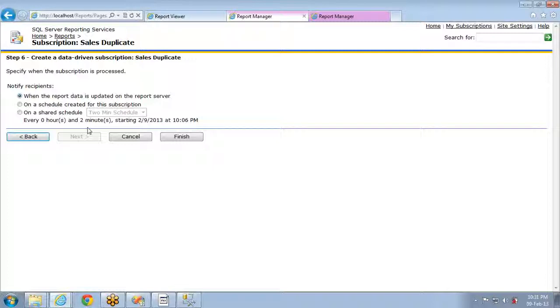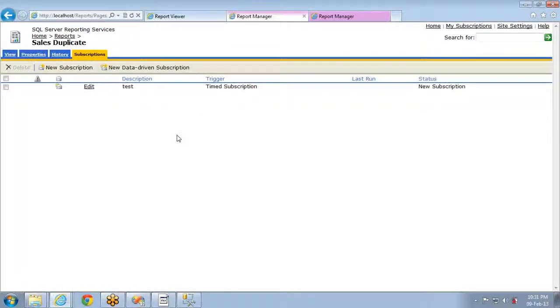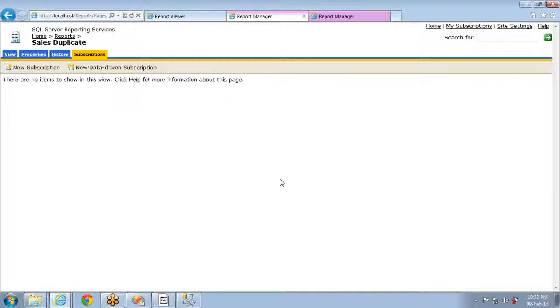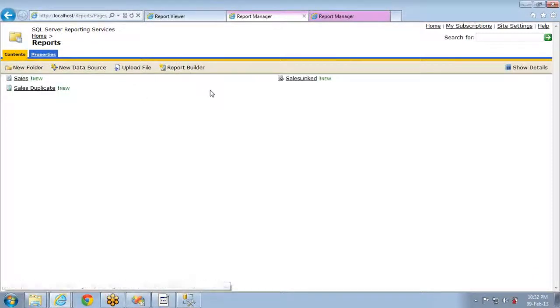This is a super option that is available in the SSRS. So if you click on finish, a data driven subscription will be created. This is a really superb option that is available in SSRS. Now we have discussed almost everything: subscriptions, standard subscription, that is the normal one, data driven subscriptions, snapshots, link reports, caching, and so on. Caching and how to manage the different reports, how to create shared schedule, how to create a schedule that is specific to a particular one.